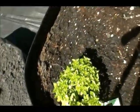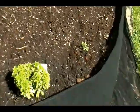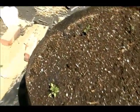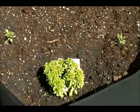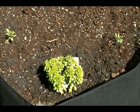Which I chose deliberately because, if you look at this bed, this is one of those cloth beds, and it's pretty big and very deep, but it's really probably too small for 5 tomato plants, if these get as big as some of my tomato plants have in the past. And I didn't want the basil to take up too much room, so hopefully that'll be happy where it is,